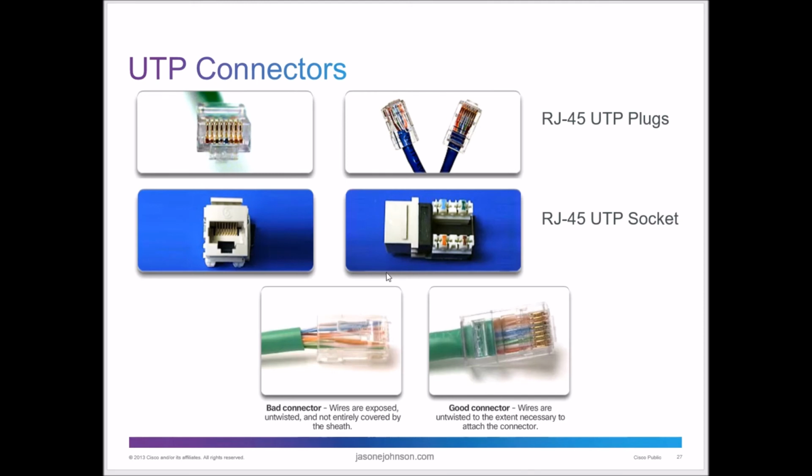You've got different types of connectors. This is an RJ45 unshielded twisted pair plug. This is a socket where you would lay the wires in here and punch those down on the back side, and those wires would come in like that. And you'd punch those down with a punch down tool, and then you'd have your other plug-in that come in on this side. And so those wires connect into the little, usually gold connector inside, or gold plated, and then it connects in there. This is a bad example here because you want your sheathing to be underneath. There's a little clamp right there, and you want your sheathing to be underneath there because you don't want that pulling out on that.